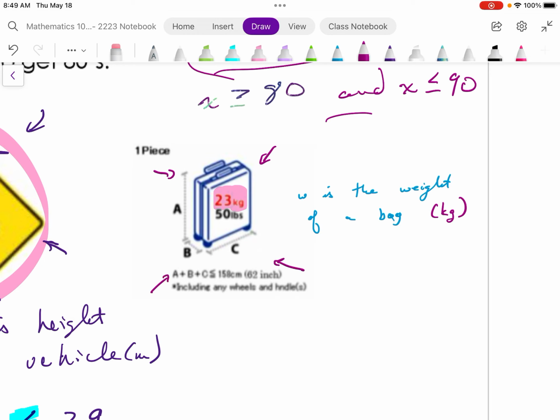What is the allowable weight for a bag? The weight for a bag has to be less than or equal to 23 kilograms. Now, I put less than or equal to because I've been to the airport and have had a bag that is exactly 23 kilograms. They allow it. 24, unfortunately,